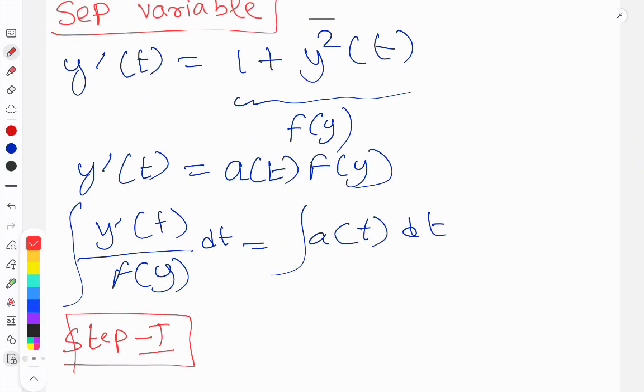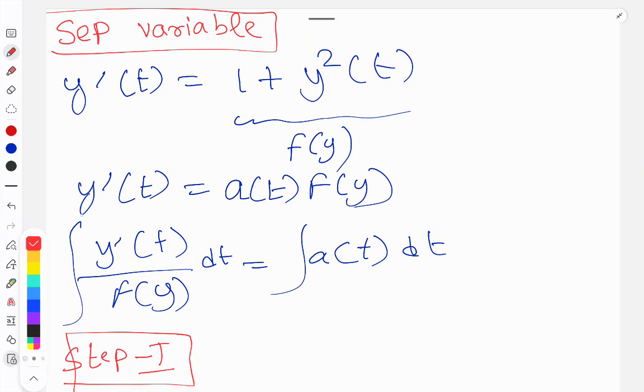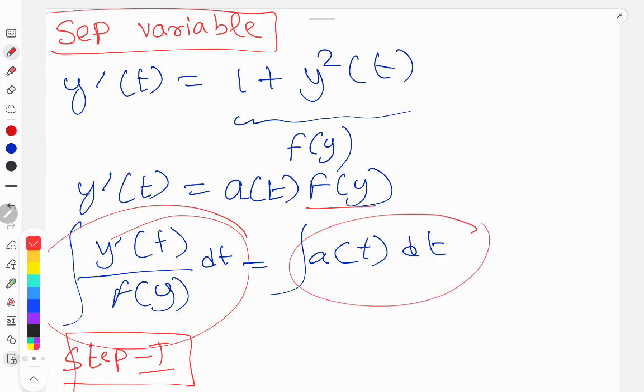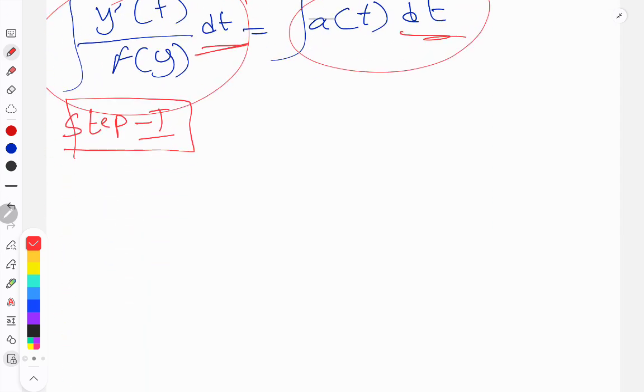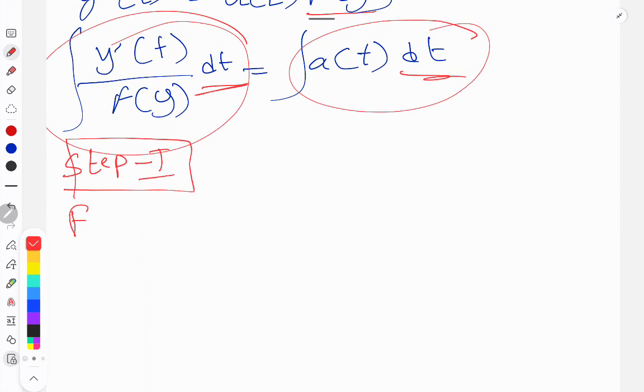So if you face this kind of question, if you have y dash of t equals a of t f of y, you have to bring all the functions related to y to one side and a of t to the other side. Then you have to integrate both sides with respect to dt. But the first step you have to do, find out the